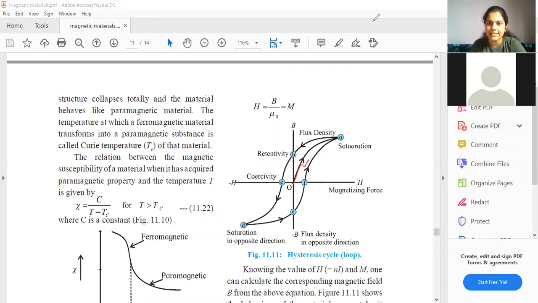Only this line that is there. Just a minute. This line that is there. Okay, fine. So till this point A. Okay, fine. So here what is happening, students? At the beginning, we started from 0, 0.